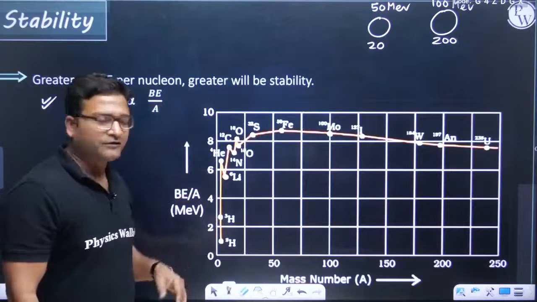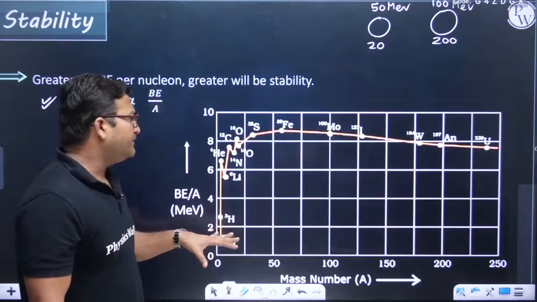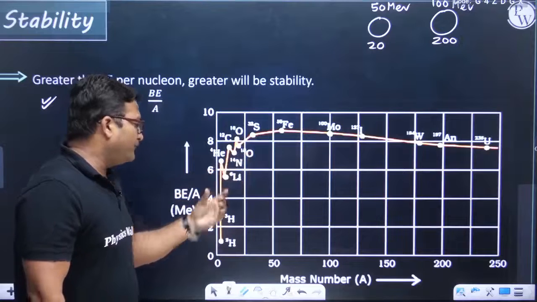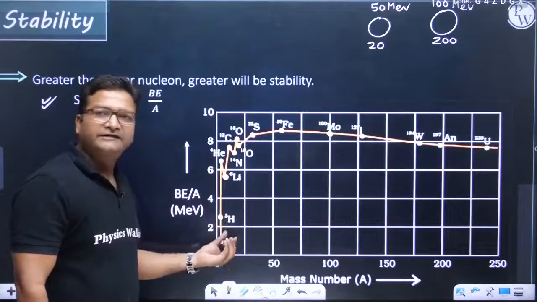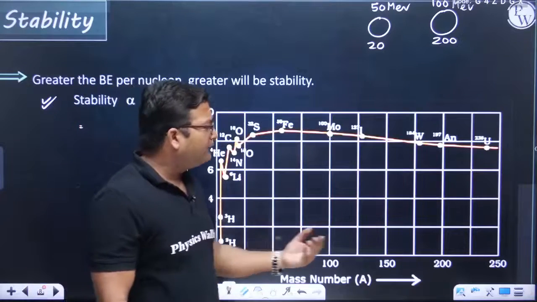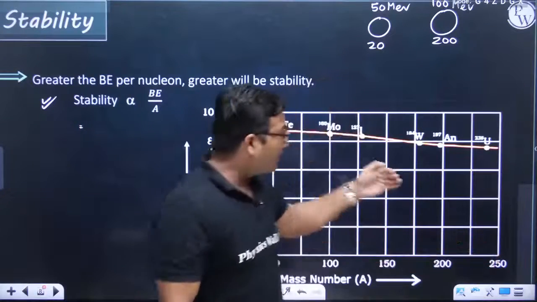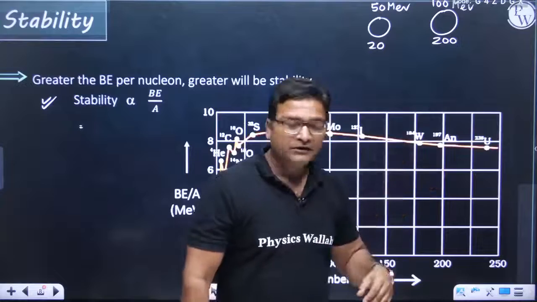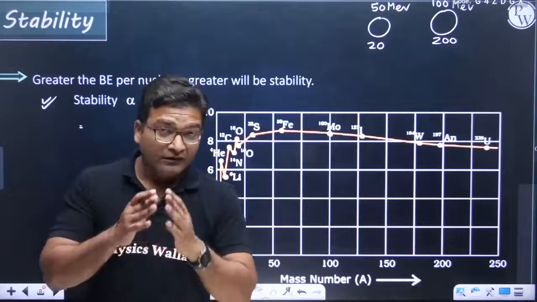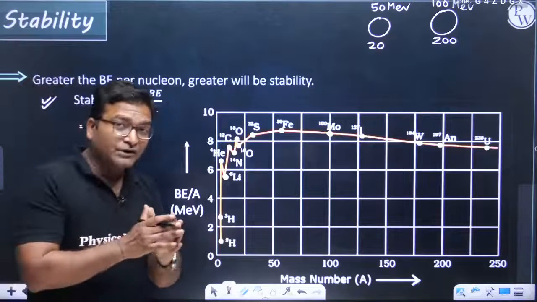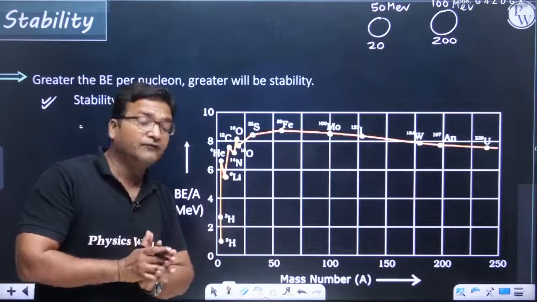And here we have hydrogen, tritium, helium, lithium, etc. And as you can see, when we look at light nuclei, the binding energy per nucleon is less. And when we look at very heavy nuclei, the graph again dips down, so binding energy per nucleon is less, right? So I'm showing you a few conclusions that we can draw from this curve.